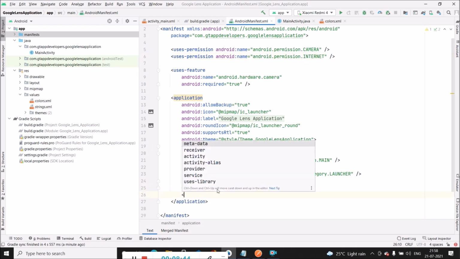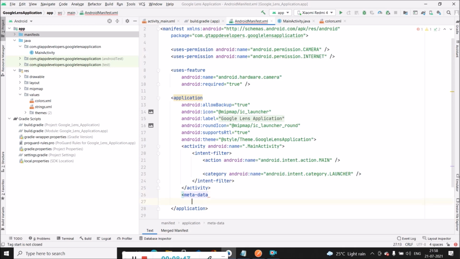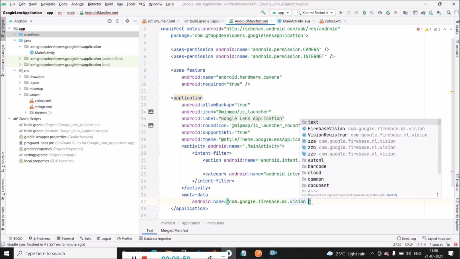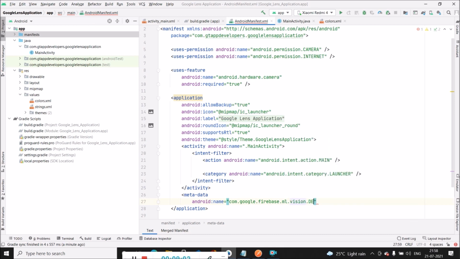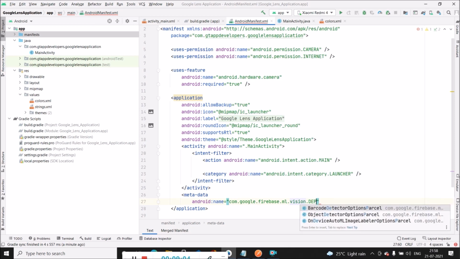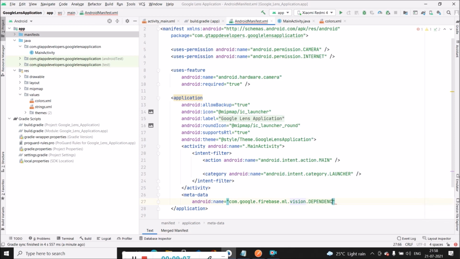So below the block of the activity we have to add metadata, and we have to specify the name. Now we have added the metadata as well.